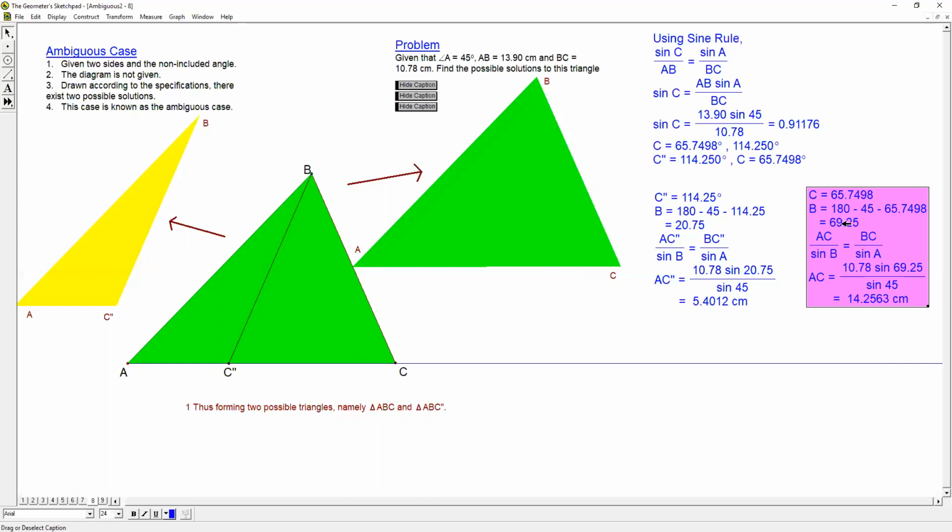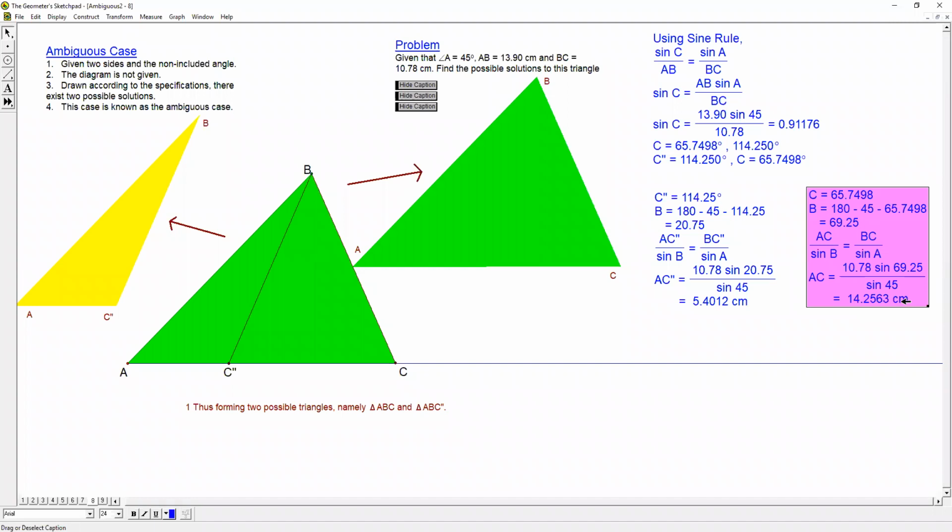Using this value of B and this value of C, we try to find the third length AC. Now this third length AC is the longer one. So substitute all the numbers that you know into the equation, and you found out AC is